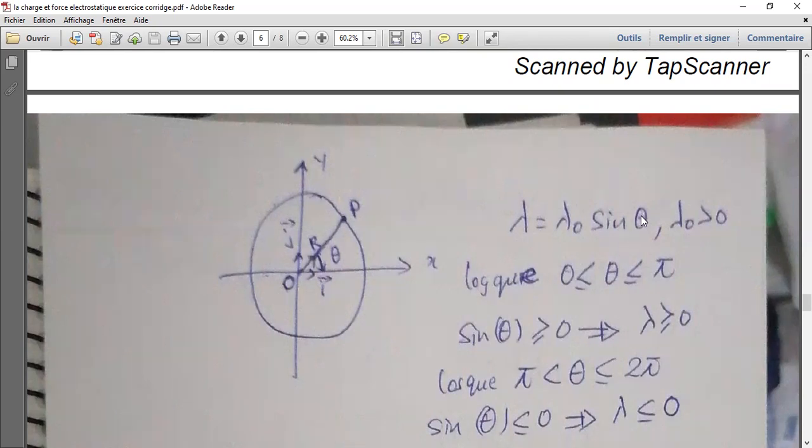So where you place numbers starting from 0 to 180,